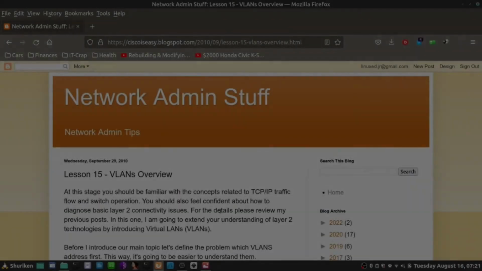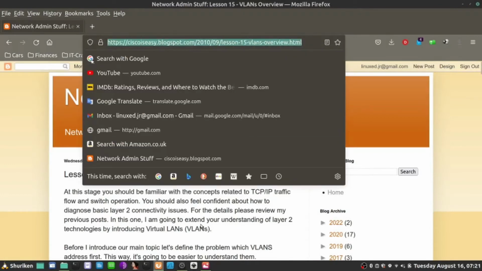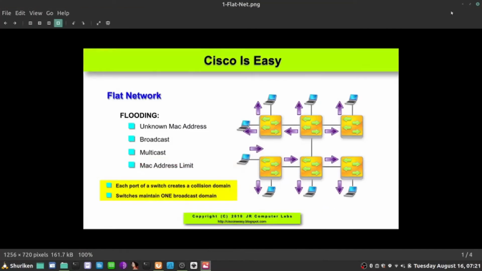What are VLANs and why do we care? In this lesson, I'll put this in the description. There's a little bit of theory behind VLANs, but let's just jump to it and describe in a nutshell what this means. By default, all the ports of a switch belong to the same logical network, VLAN number 1,